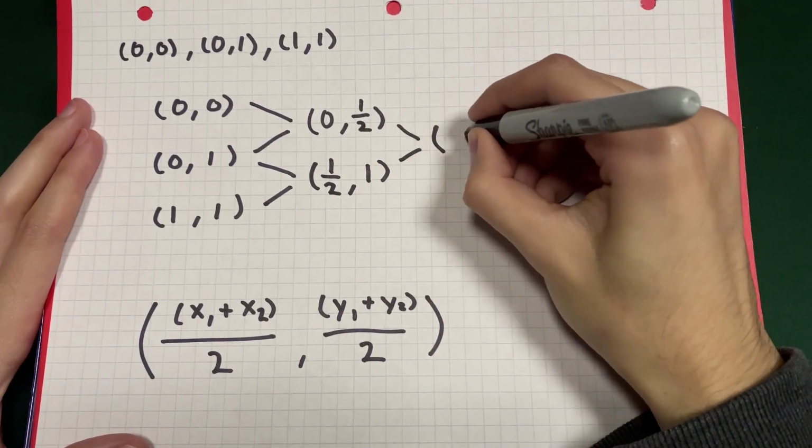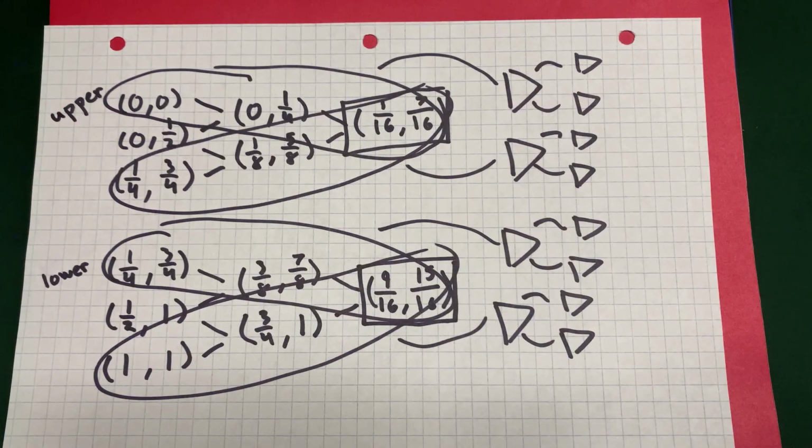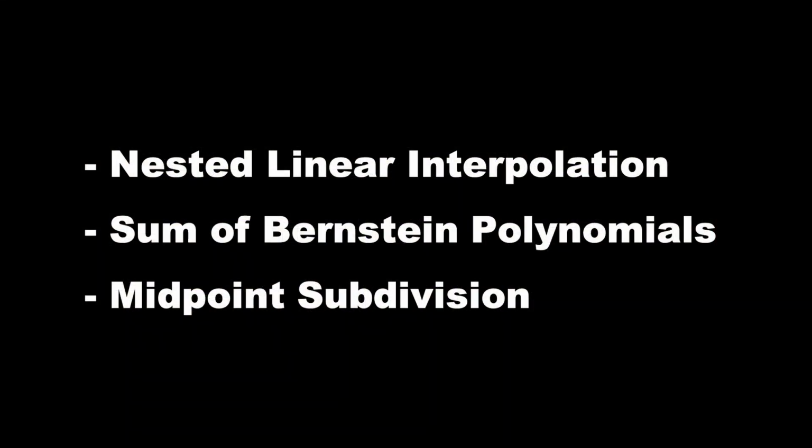I don't like it as much as NLI, but that's just because it wasn't too intuitive when I learned it for the first time. Objectively speaking though, it's probably the best method from an efficiency standpoint. If you made a program with these 3 methods implemented and generated a Bezier curve with, say, 1,000 control points, midpoint subdivision calculates it way faster than Bernstein and NLI. It's a much more scalable solution, basically.